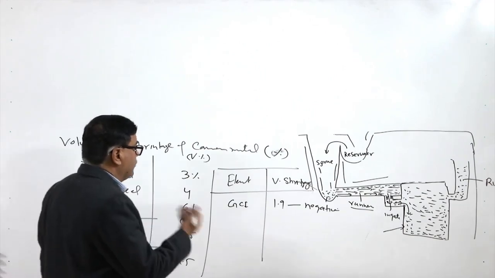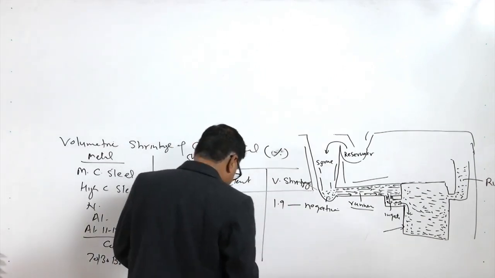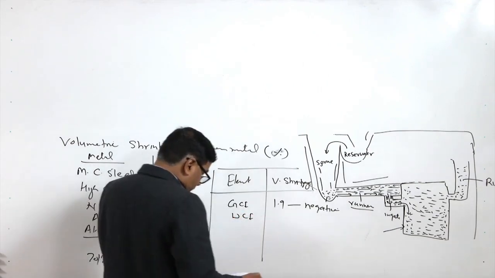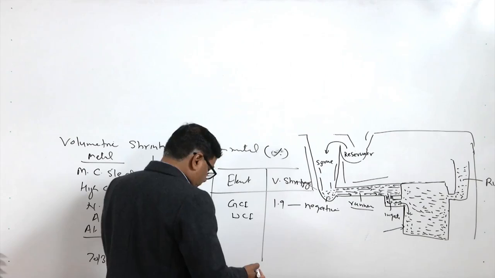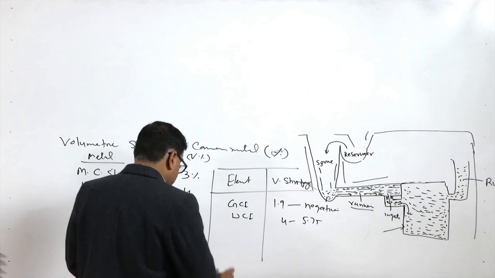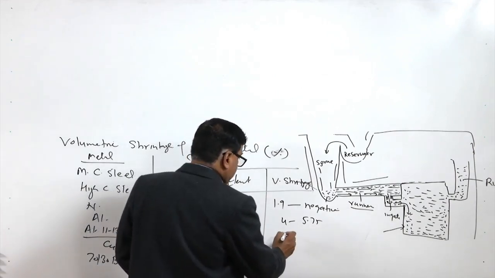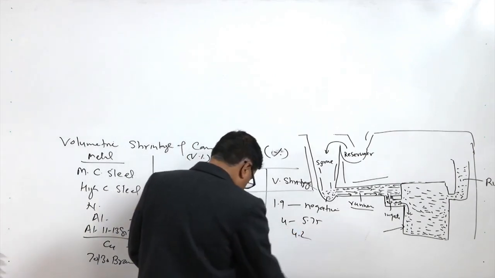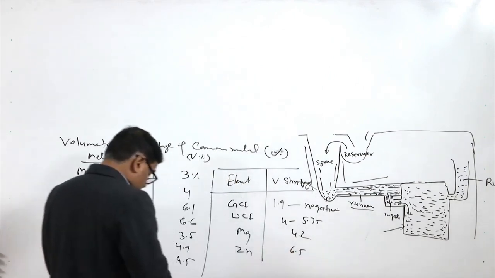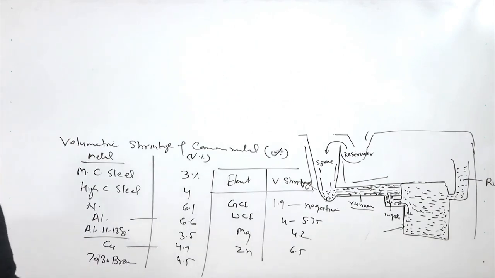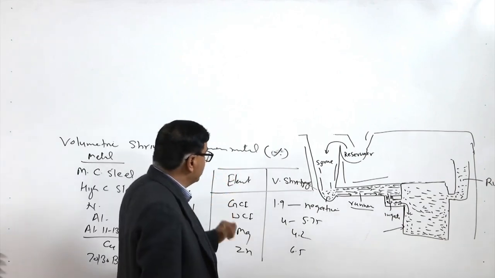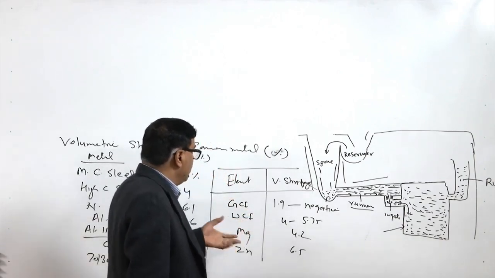So, depending upon the graphitization, the change in volumetric shrinkage can happen. For white cast iron it varies from 4 to 5.75%. For magnesium it is 4.2, and for zinc it is 6.5. So, we see there is a significant variation in the volumetric shrinkage, and it can vary